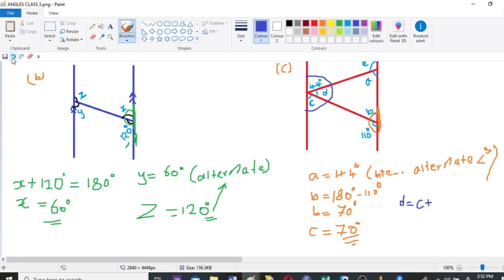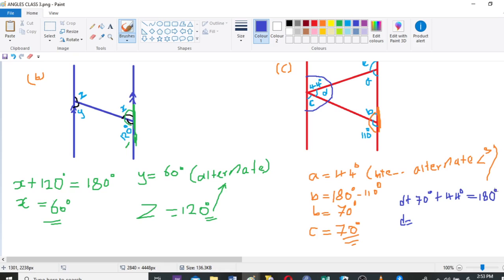So we know that if we add D, which we are looking for, and C, the value of C we just calculated, which is 70 degrees, plus 44, then we need to remember that these angles, when we add, they need to give us 180, isn't it? Yes,